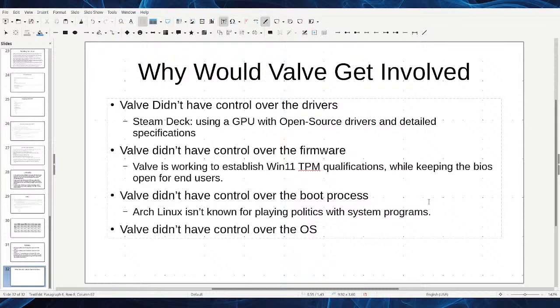I've never heard of anybody complaining about Arch Linux playing games with whatever you use to boot the system with. With Arch Linux, you do appear to have control over the boot process. You're not necessarily tied to a war between a hostile upstream and a hostile downstream. Valve didn't have control over the OS. Okay, technically, not true, but